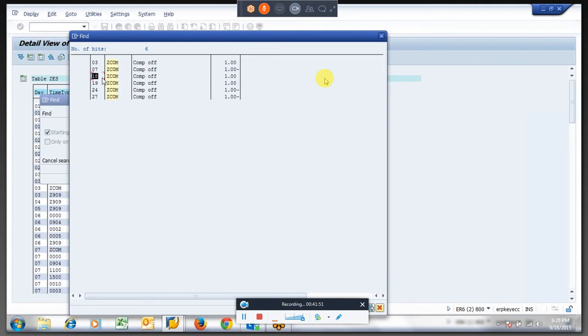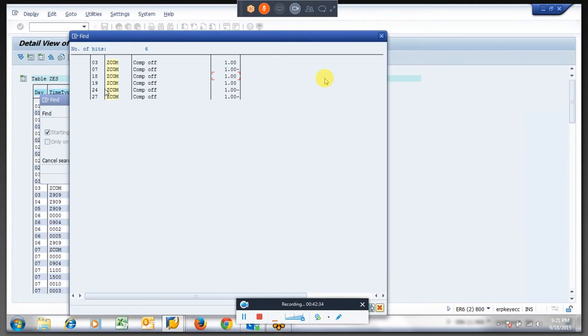Okay, on 18th, there is a comp off, which is a weekend. The employee worked over there as per our infotype, means as per the attendance we entered. So he got 1 plus, and the same thing on 19th. 18, 19, that is Saturday, Sunday. If you remember yesterday's session, we entered 24, 25, 26 and 27 as offs, right? So these 2 days it is reducing again. But here there is no ZCOM on 25th and 26th or such kind of thing.